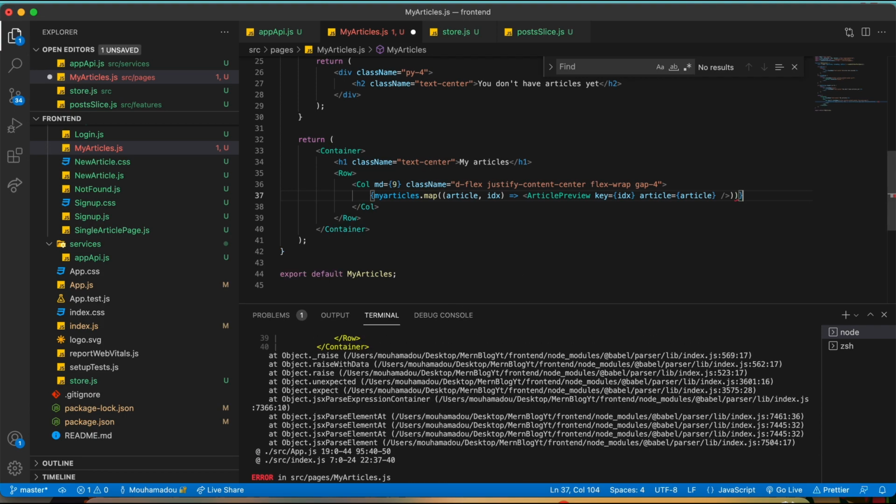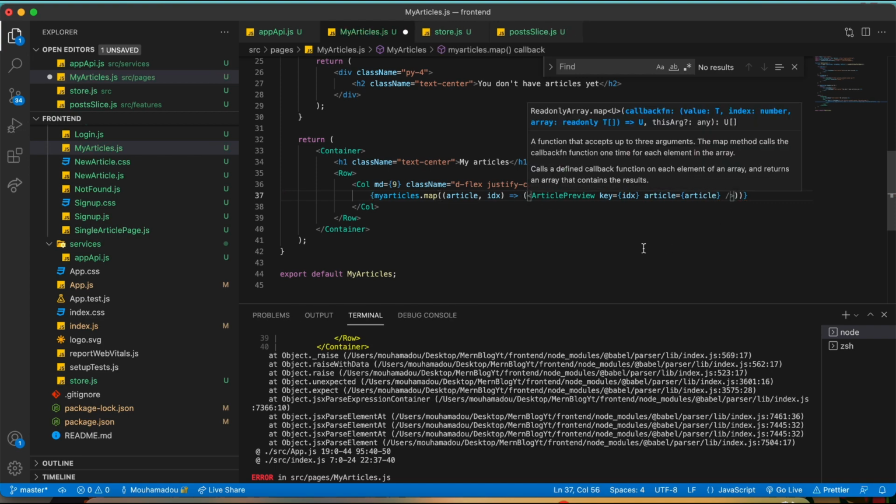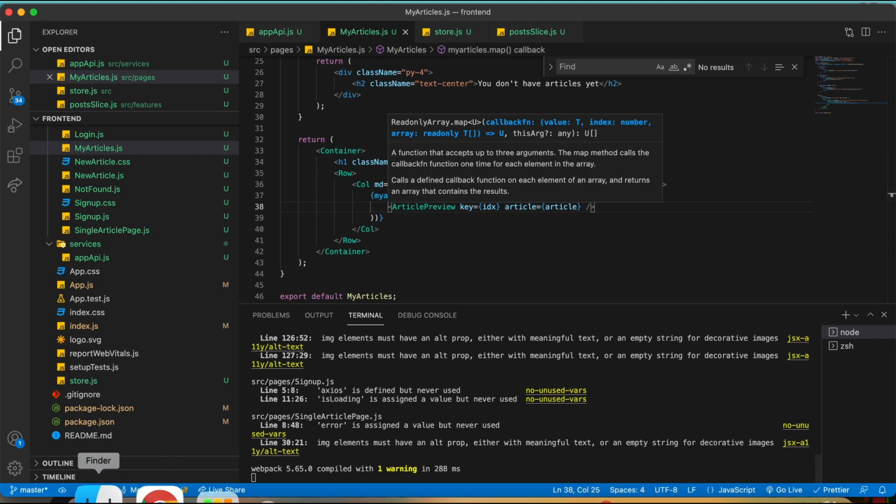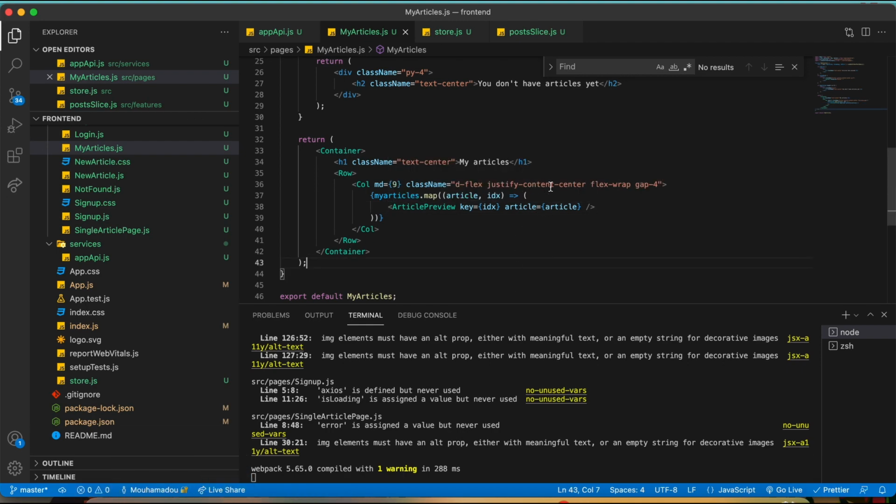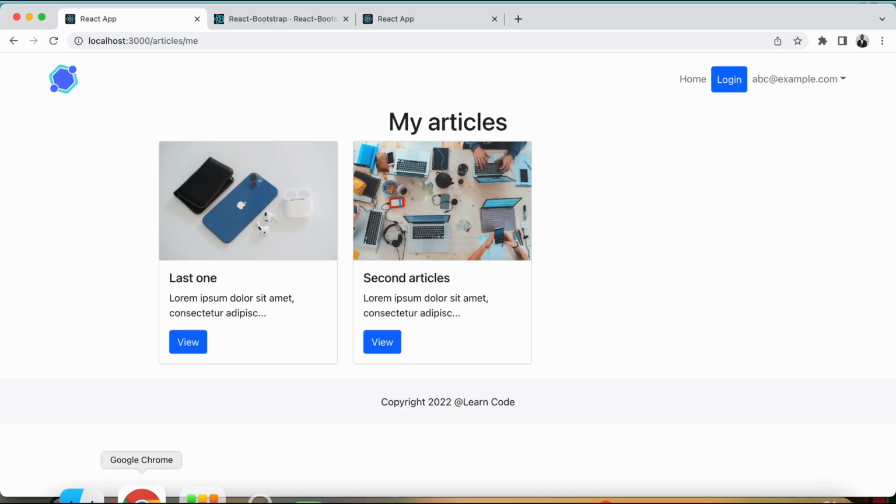Yeah, so we need to have this for the map, and I think this. Okay. Alright, so now remove the curly braces and replace them with parentheses, and now you see we are getting the